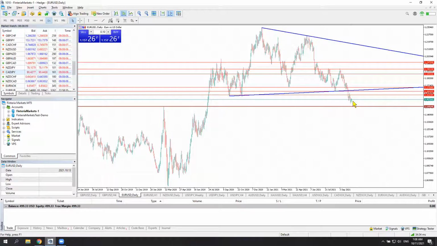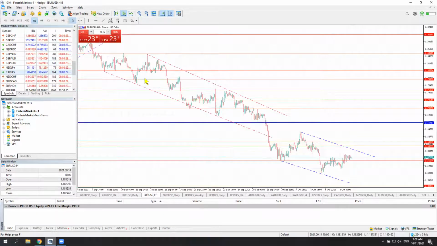So it's more like a status quo, but I think there's still potential to move much lower and probably retest this level, 115. I think it's going to be a very strong level. Probably there are many orders and many bulls will join and probably buy euros at those levels. So let's check the 4-hour and hourly charts.